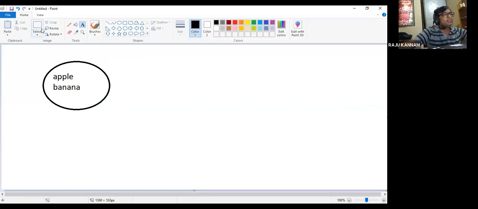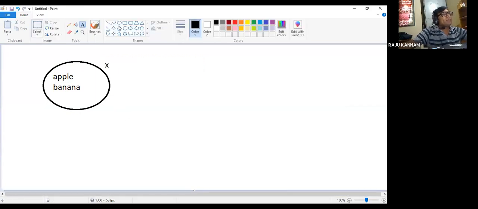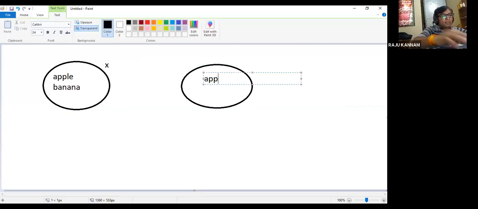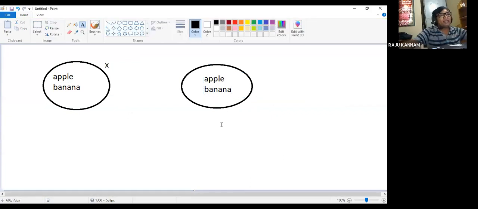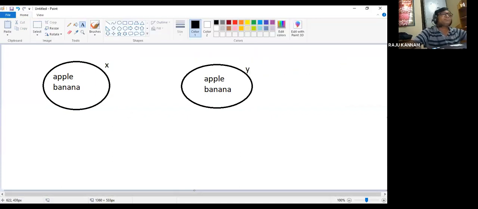We are calling this name x. And another object, another variable, we are taking. In that variable also I'm storing apple and banana, and this particular variable name I'm calling y.